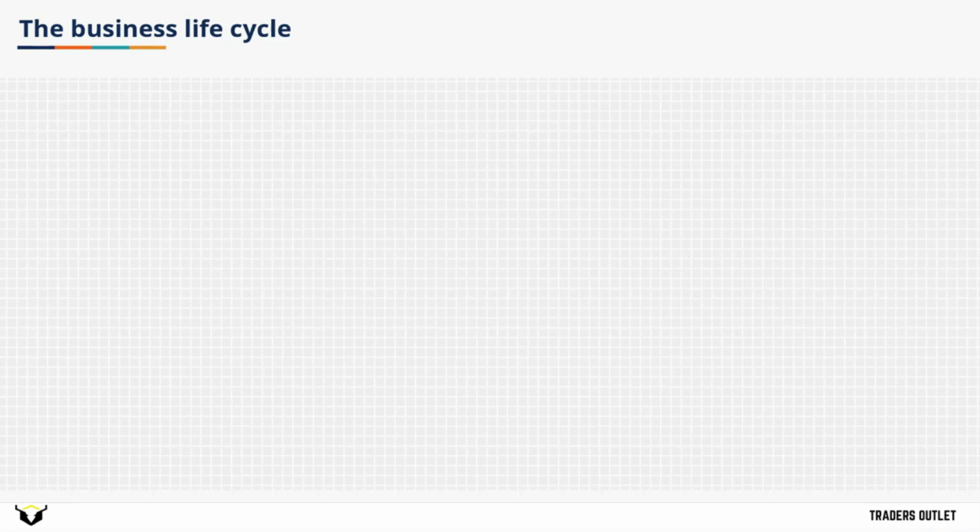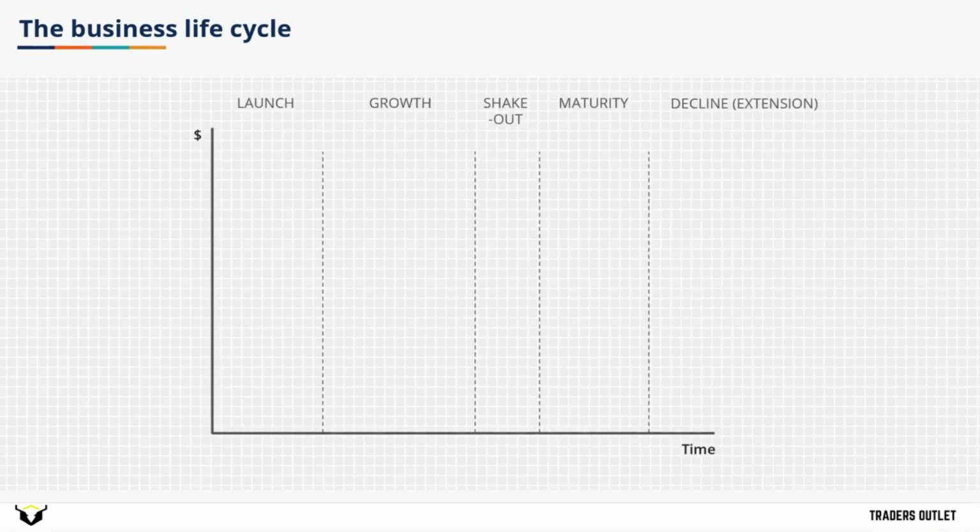Let's look at the business life cycle as it relates to a company's capital financing options. If you look from left to right on this chart, you have a company life cycle that begins with a launch, then growth, shakeout, and maturity. The first metric that we can plot on this chart is sales or revenue, starting from zero, ramping up through growth, plateauing at maturity, and potentially declining or extending through a life cycle extension and continuing to grow from there on.